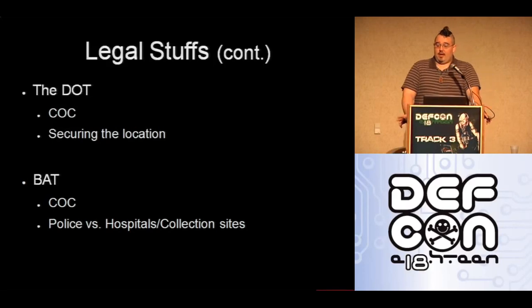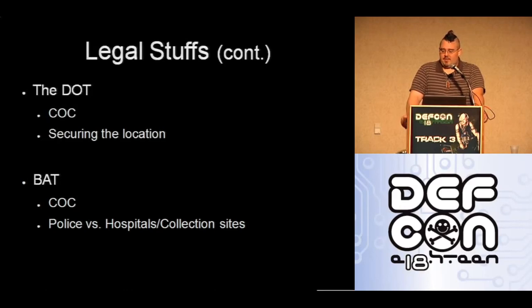Now, there's also non-DOT, which is still legally binding, but it's not as strict because you're not dealing with driving on the roads. Non-DOT, you basically just sign your form, you walk in there, it's still a secured room, but then you walk back out and you sign a couple of things. Usually you'll sign the actual container that the urine specimen will be sent in to the testing research facility, and then you're on your way. Now, BATs, breath alcohol tests,